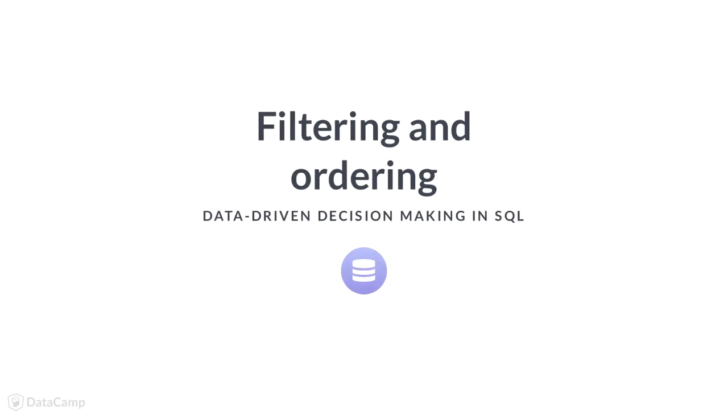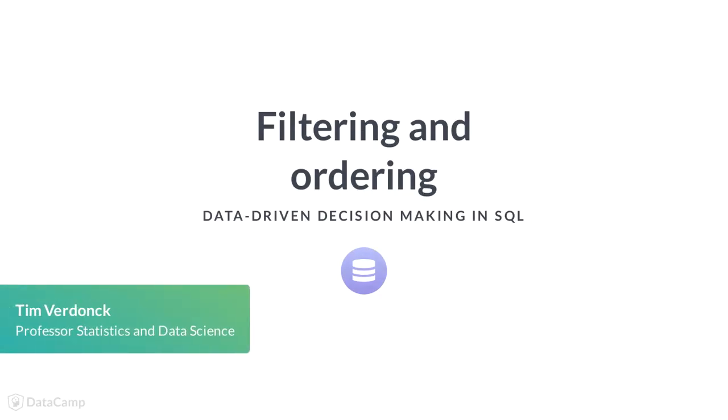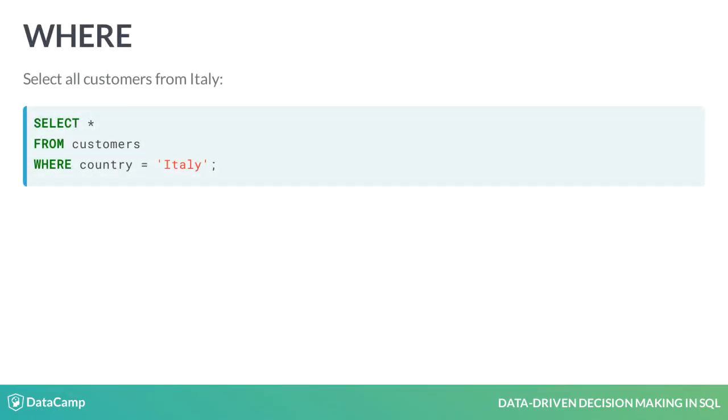A main part of querying data is to filter those records which are relevant for a certain research question. For future applications, it is also essential to bring tables in a particular order.